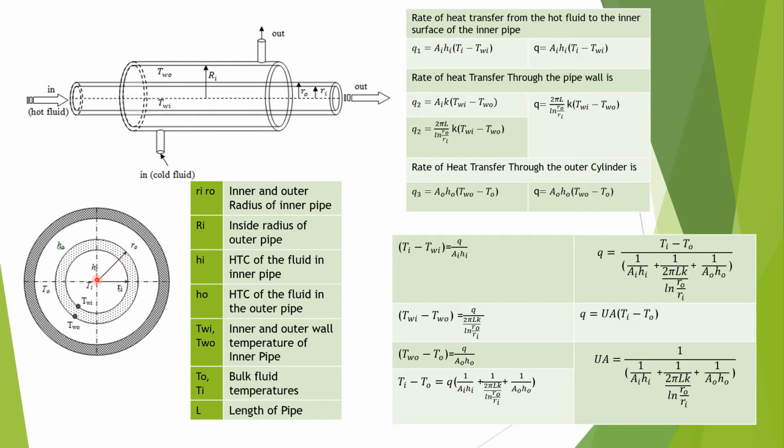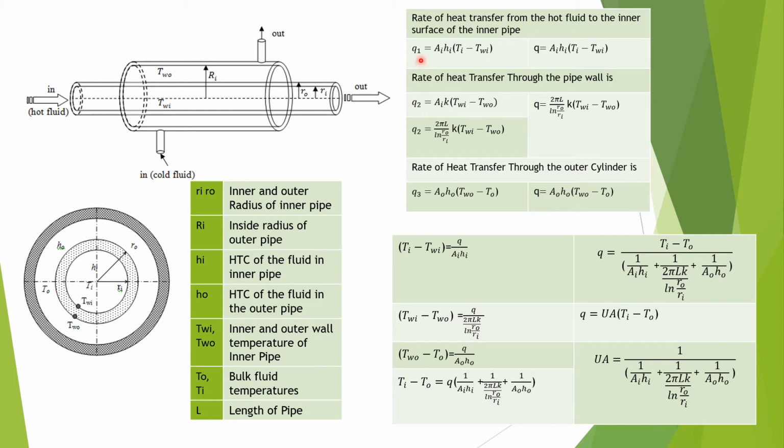Now the heat transfer between the hot fluid and the surface of the wall will take place by convection. The heat transfer between the hot fluid, that is the fluid in this section, and the inside surface of the wall will take place by convection. So we will write over here the Newton's law of cooling. This is the Newton's law of cooling, and it is Q is equal to A h delta T. What is Newton's law of cooling? Q is equal to A h delta T.